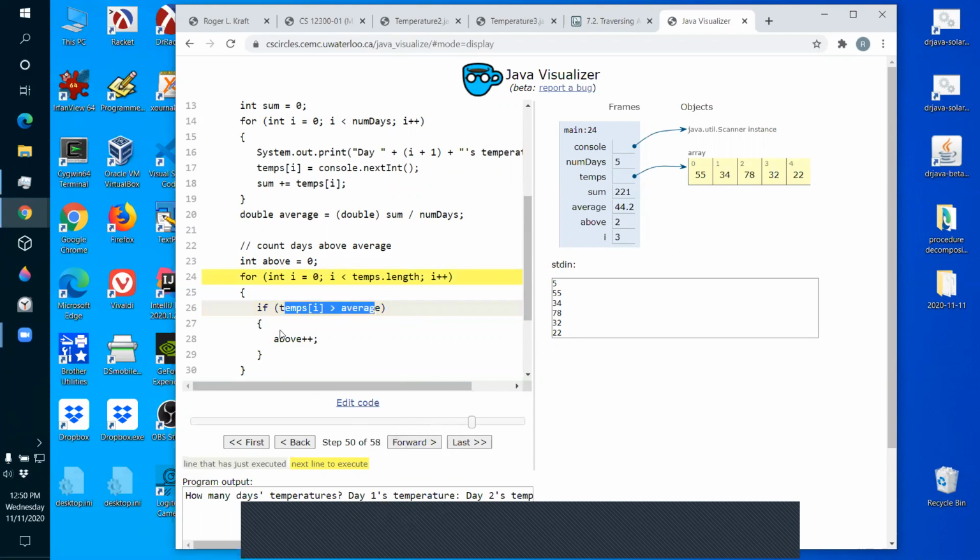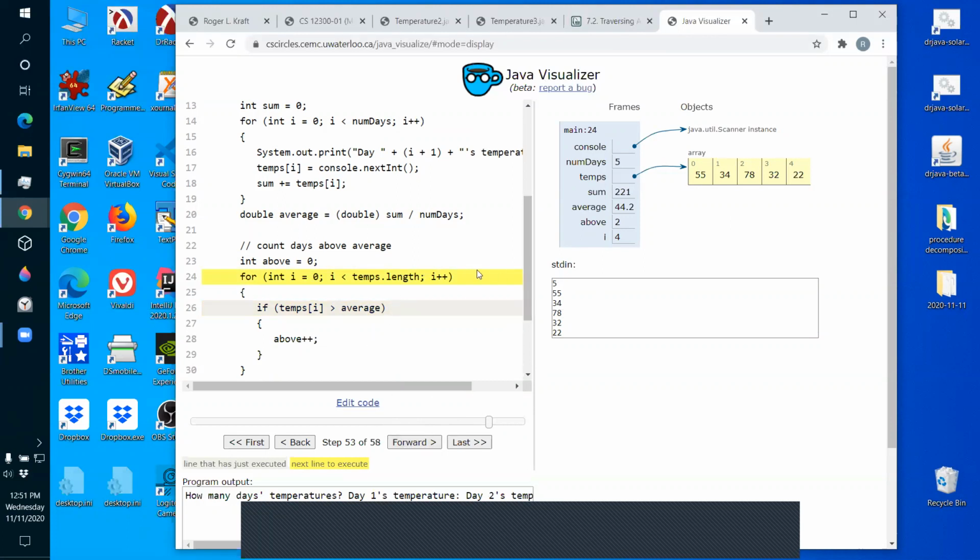We skip over the body of the if statement and we're back up here. Now I equals 4. That's the last entry. It's not the last time through the loop, it's the last entry. Entry 4 is 22. That's not above average, so we skip over it.